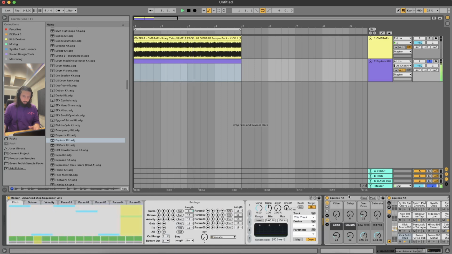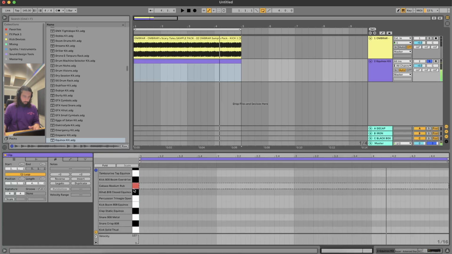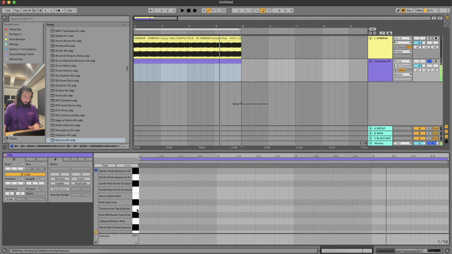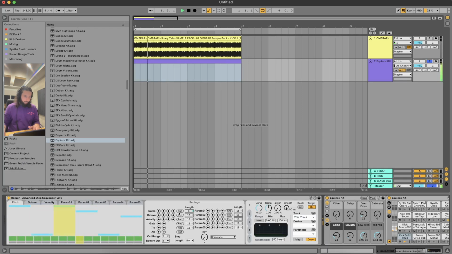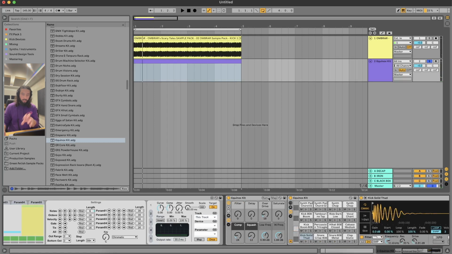So now, between here, if we listen to the kit on its own, which is cool, right? But you can just keep hitting random, and it will do the pattern for you. But then on top of that, we've got the random button of the parameters of the drum kit because we're using Ableton. So if we hit this again,